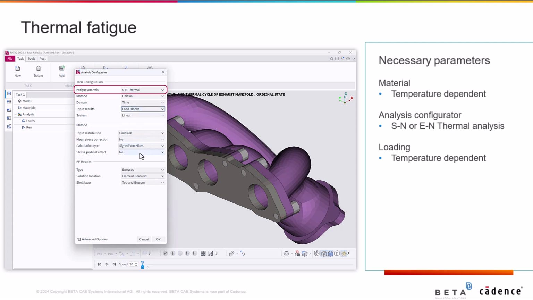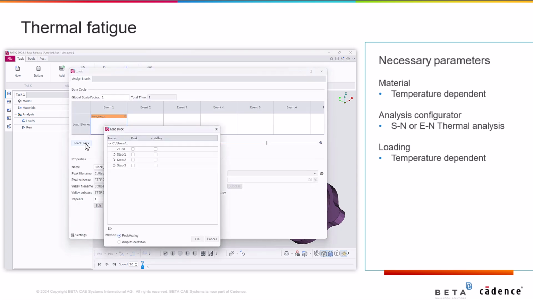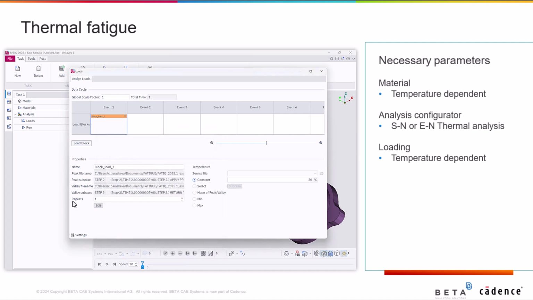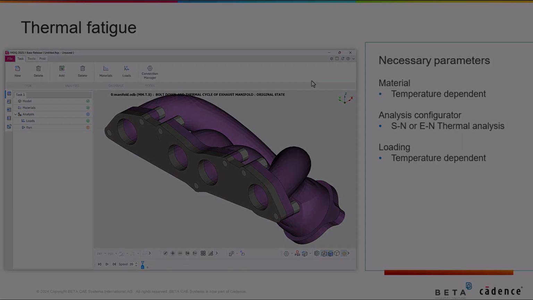Then, define the rest of the parameters. This example has load blocks as input results. In the Loads window, define the loading which is of type load blocks. In the Properties area, set the repeats and select the desired option for temperature. The rest of the process is as usual.